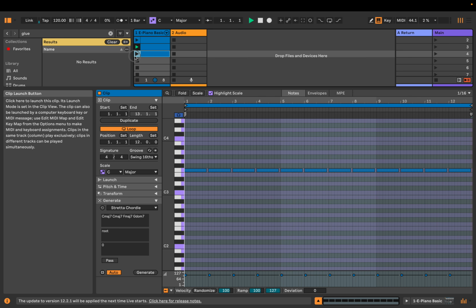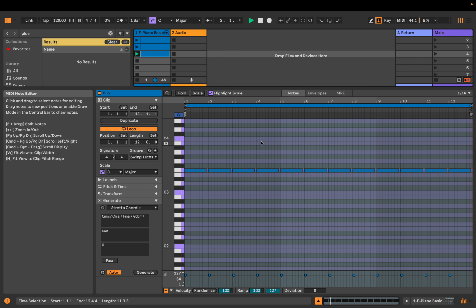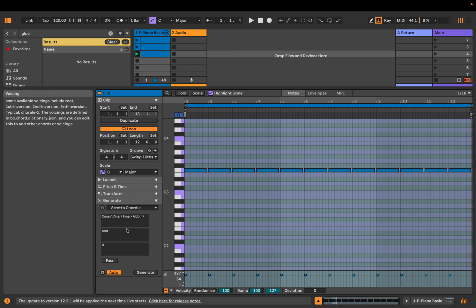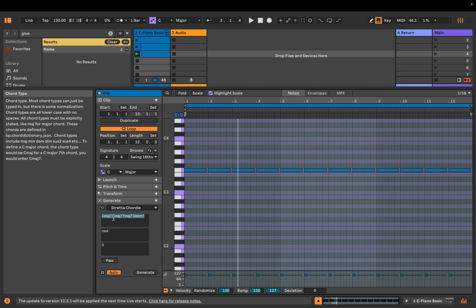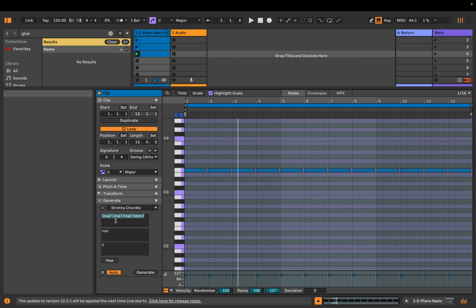So let's take a look at this 12 bar sequence that I have set up here. And we can enter in chords using standard notation that probably a lot of you are already familiar with. So if I wanted to create a blues, I could say what chords I want in a 12 bar blues. So I want C dominant 7, and we're going to repeat that 4 times. And then we're going to go up to the 4 chord. So it's F dom 7, and